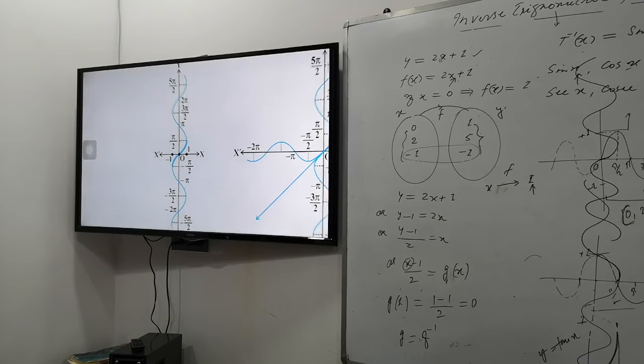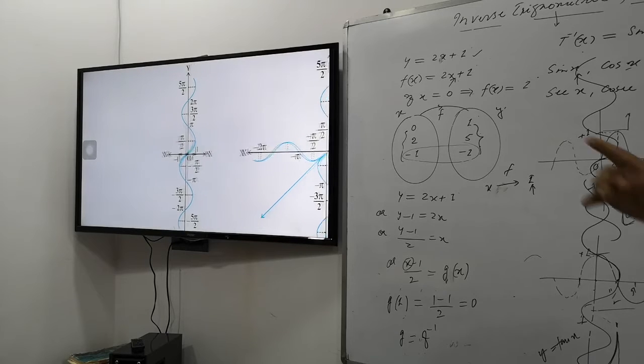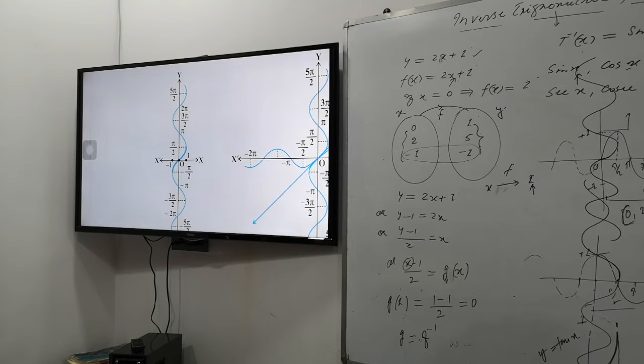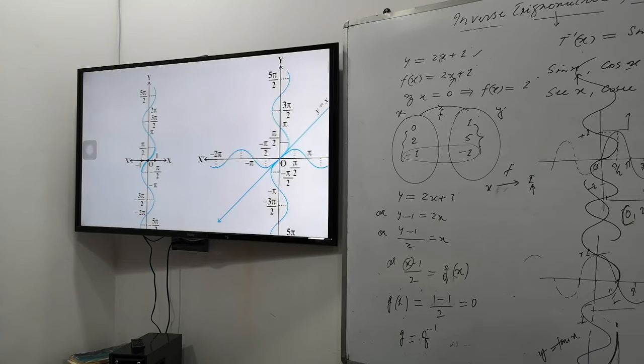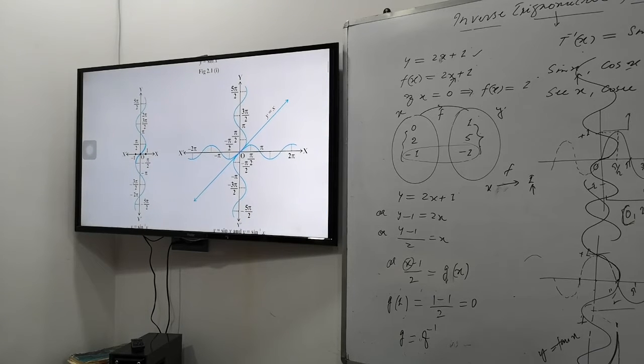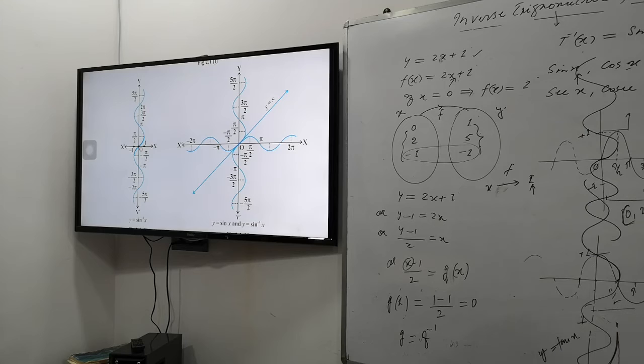Now next, this is the graphical representation for sine inverse. And the combined one is where? The combined representation here is sine plus sine inverse. The two functions together are here. Is that clear now? This type of graphical representation will come here, and you will just draw it in this manner. Clear, right? Now next is